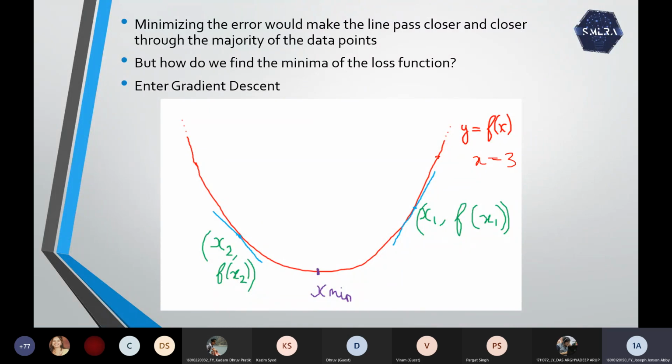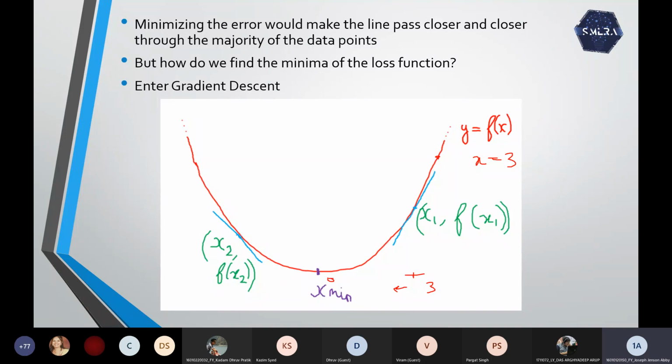From here we need to improve. We need to reach our minimum value. Say I have taken x1, so the point is x1 comma f of x1, since y is f of x. So how do you reach this minimum value? You need to go behind, correct? Now you are here, your x value is here somewhere. Say here is 3. You need to come down to 0, so you need to subtract, correct? You need to go behind.